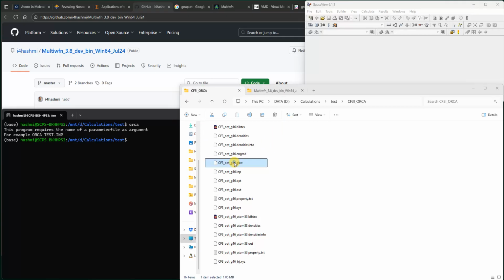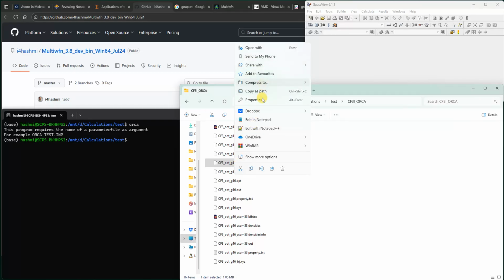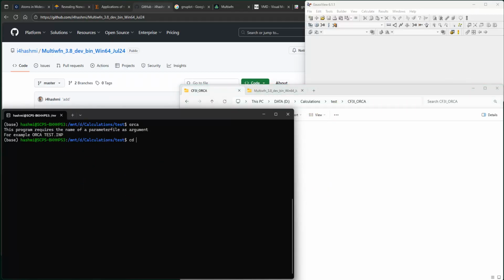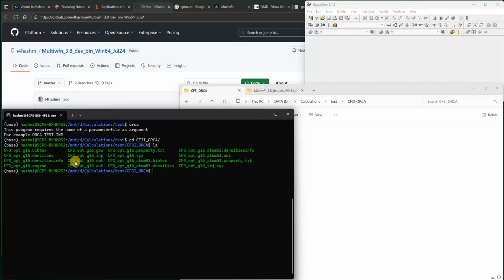So what I'll do is I'll just copy this one. Where am I? The calculations test. Yeah, I don't need to copy it. So I can just go to this folder. And now if I ls, you can see that I do have this file over here. So let's convert it to